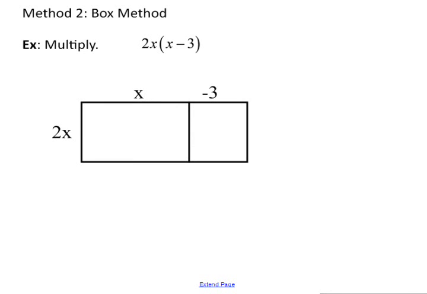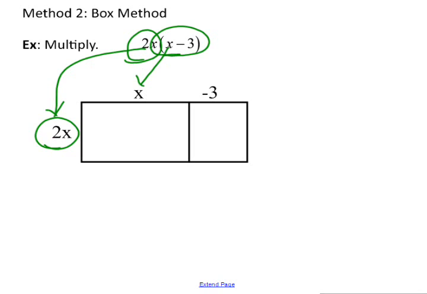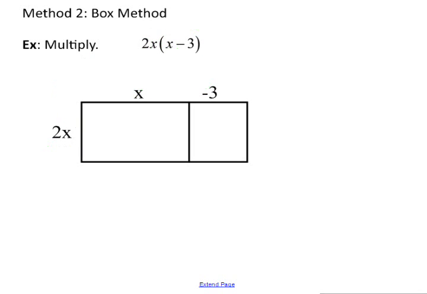Another method I'm going to show you for multiplying polynomials is what I call the box method. If you notice, I have 2x. That comes from right here. And I have x minus 3. The x and the negative 3. So to multiply, I'm going to take my 2x times my x and put it in this box right here. 2x times x will give me 2x squared. And then I'm going to take